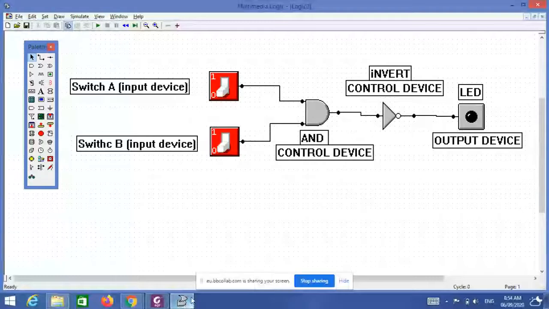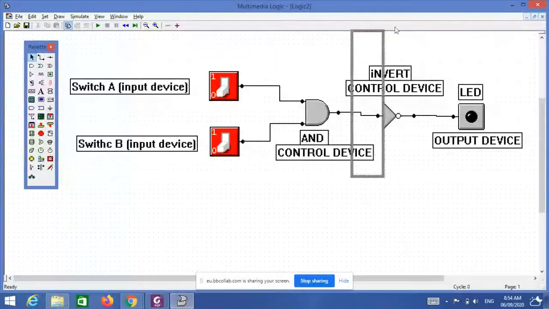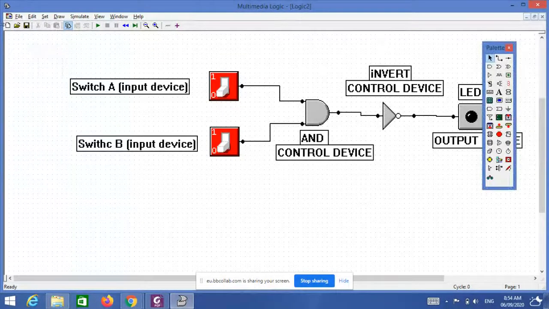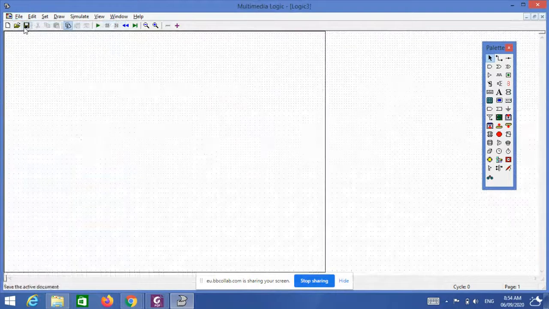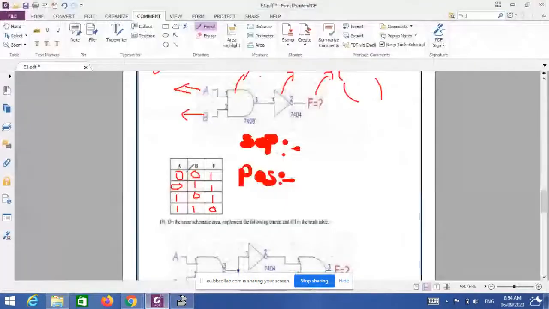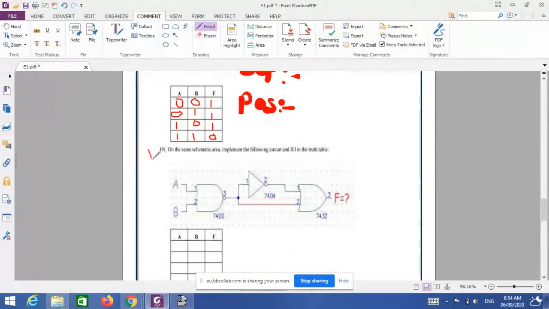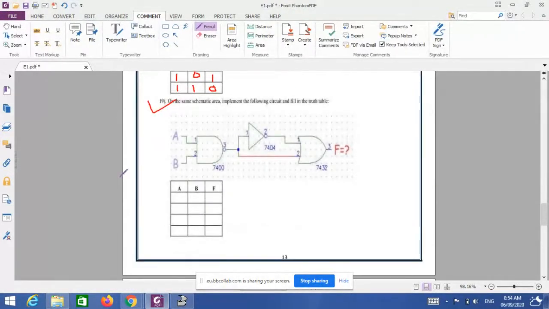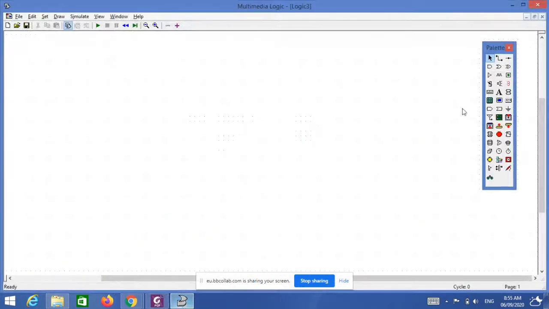Now, do you see the screen? Now, what I'll do is go to file, again new project. Then in the new project, we have to do step number 19. In step 19, you have NAND gate, an inverter, and OR gate. So I will go here.